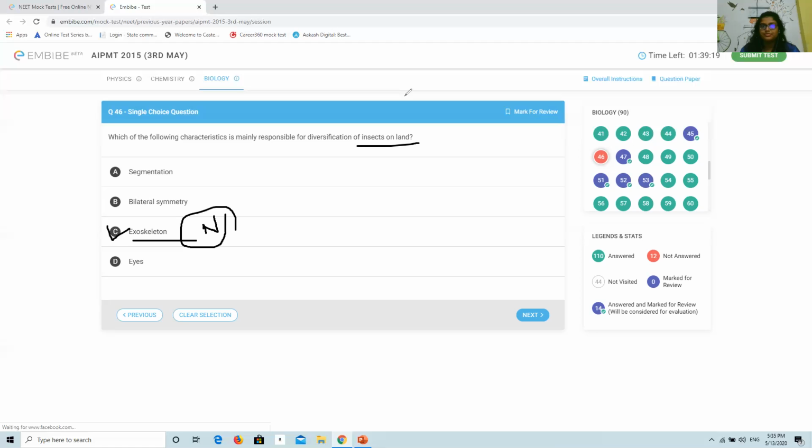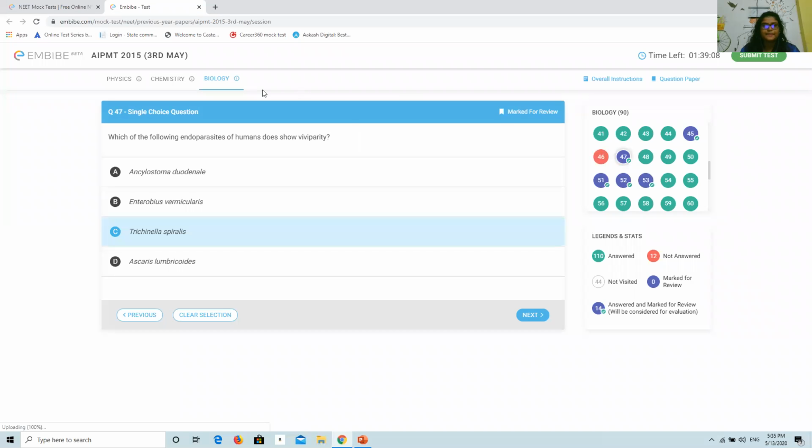Then we move to the next question. Which of the following in humans does show viviparity? Endoparasite showing viviparity. What is viviparous? Viviparous means giving birth directly to the young one. Firstly, let's see. Ascaris will never be it because there are eggs of Ascaris. Now, something which is Enterobius. Entero means your small intestine. So Enterobius vermicularis. Okay,